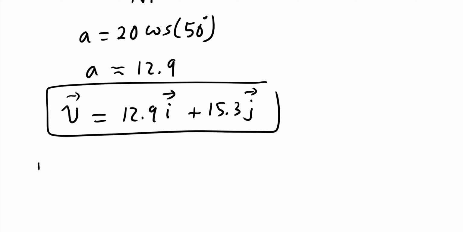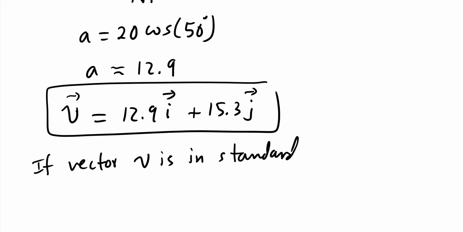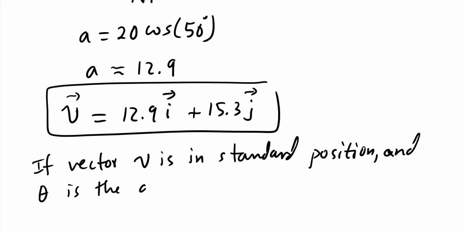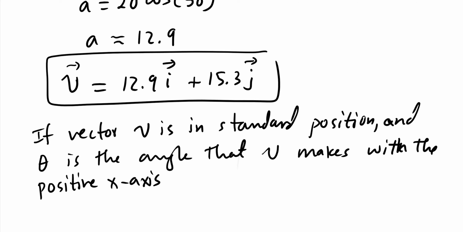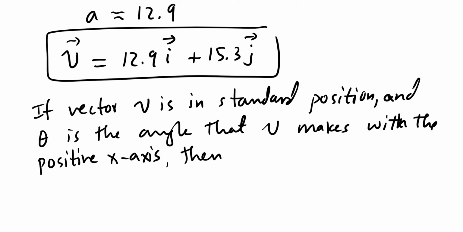If vector v is in standard position, and theta is the angle that v makes with the positive x-axis, then the vector components of v can be written as the magnitude of v times cosine theta i, because that's